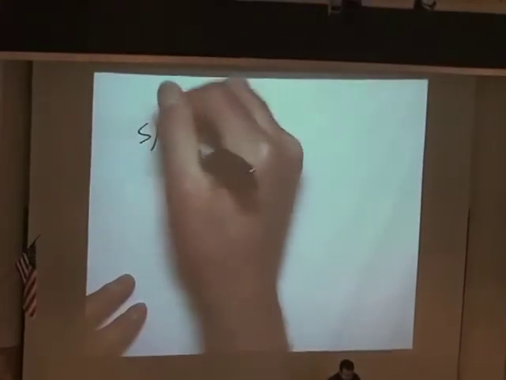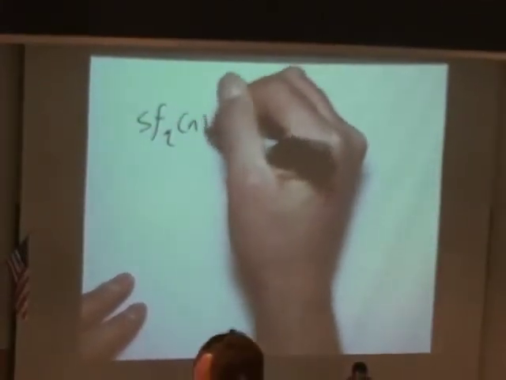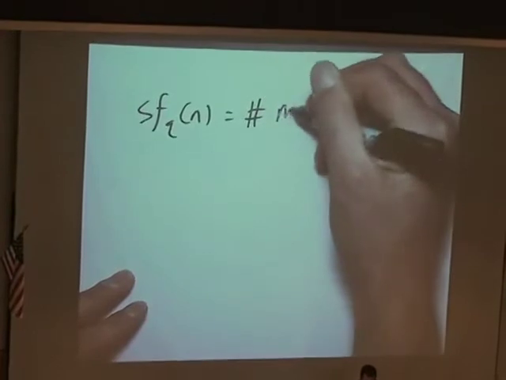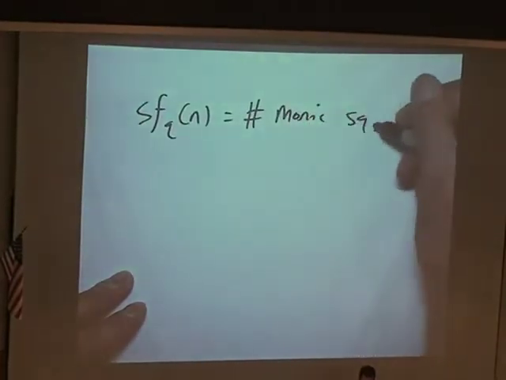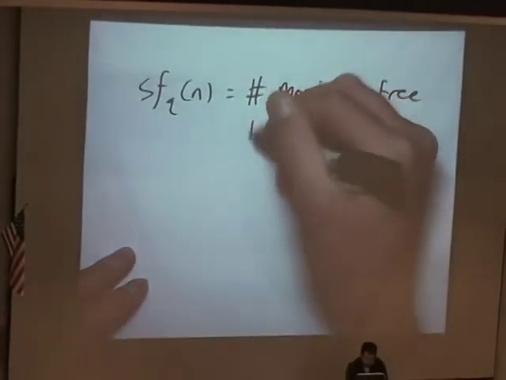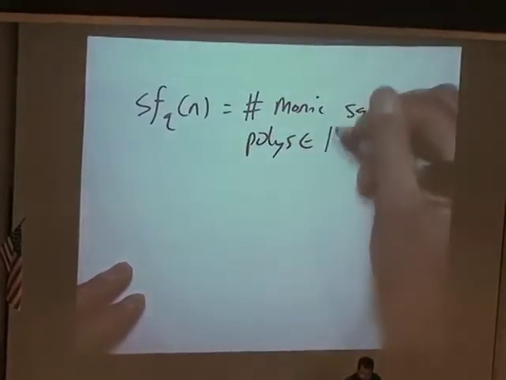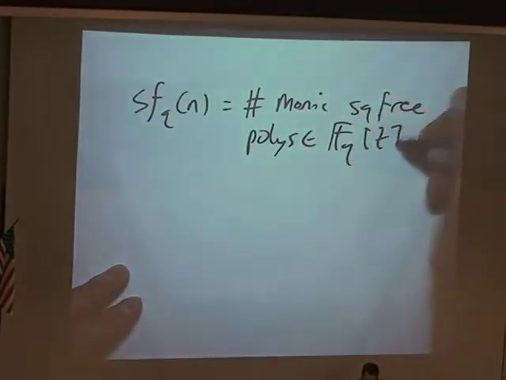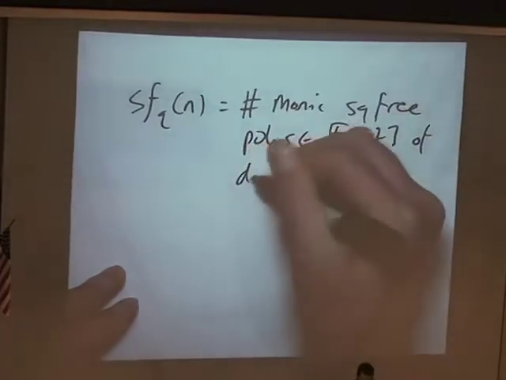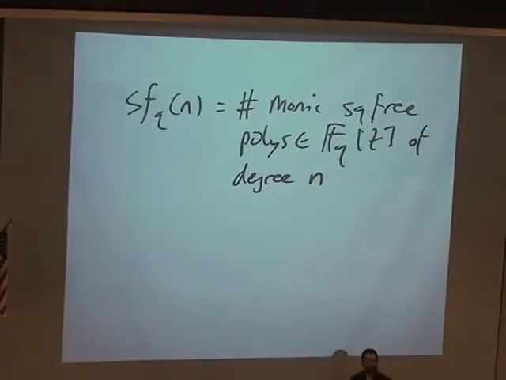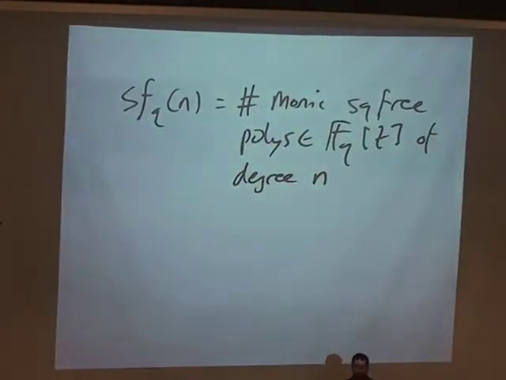We were talking about the function field analog of the problem of counting square-free integers in a box. And we had defined, so I'll just recall, the function sf sub q of n equals the number of monic square-free polynomials in F_q[t] of degree n, and I had discussed but not proved the fact that